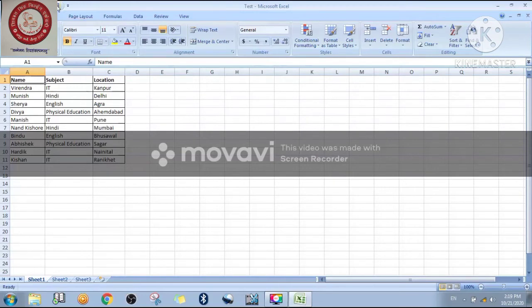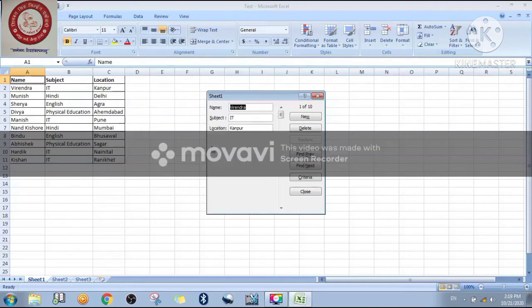Now let me press one more time on the form button. See, there are only 3 names of columns, so I have found only 3, right? And suppose I want to delete some of the data. So just scroll down. Okay, all the data came here. All data are able to be observed.